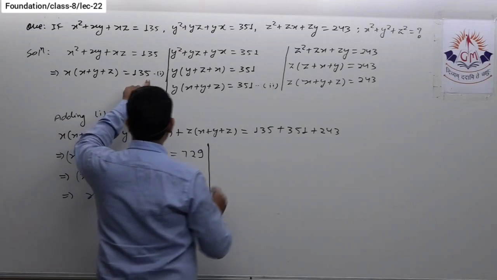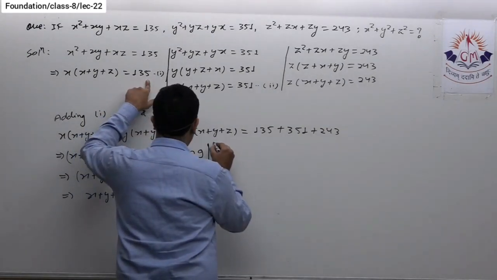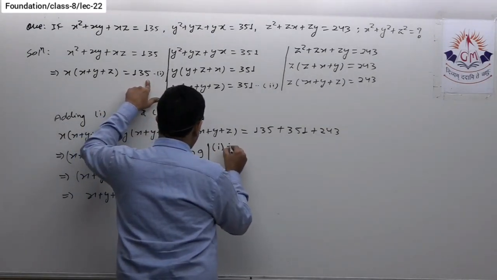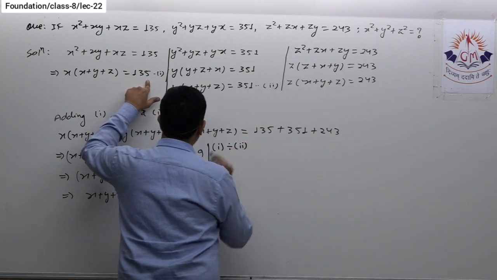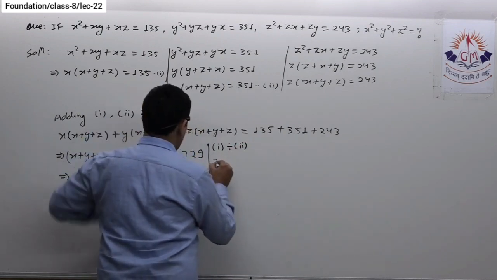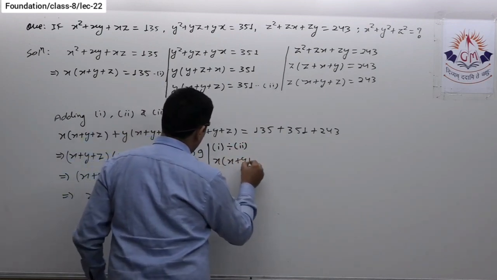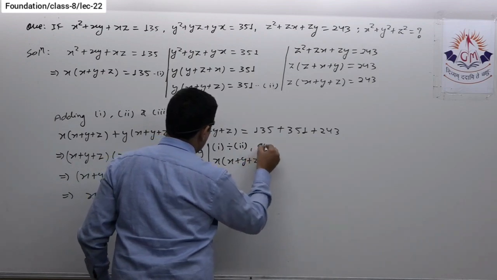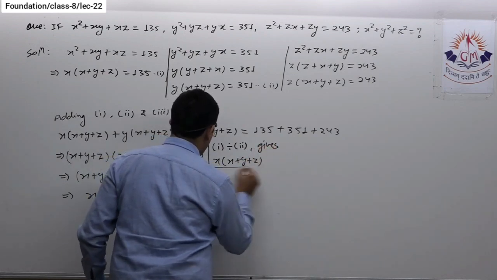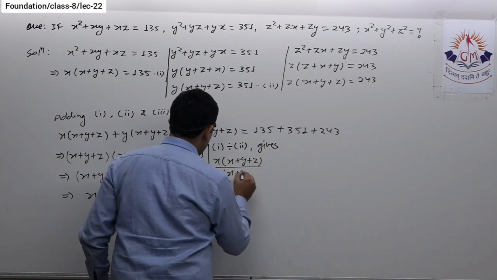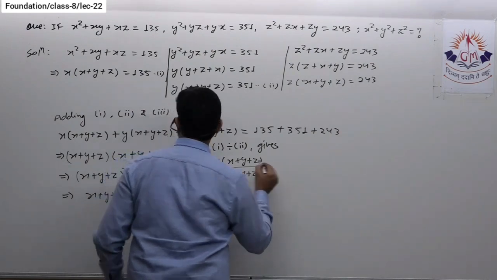So if I divide first by second, what will I get? x times (x plus y plus z) upon y times (x plus y plus z) is equal to